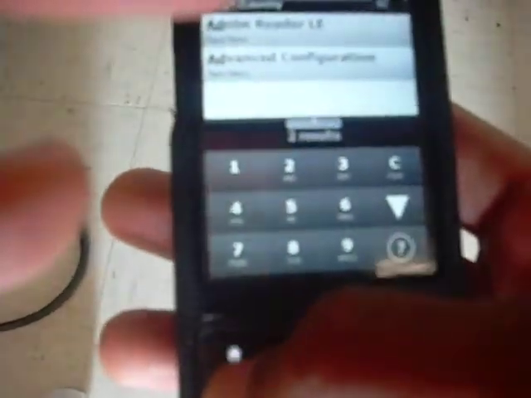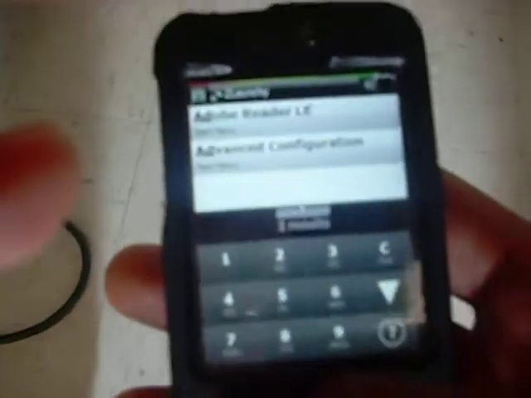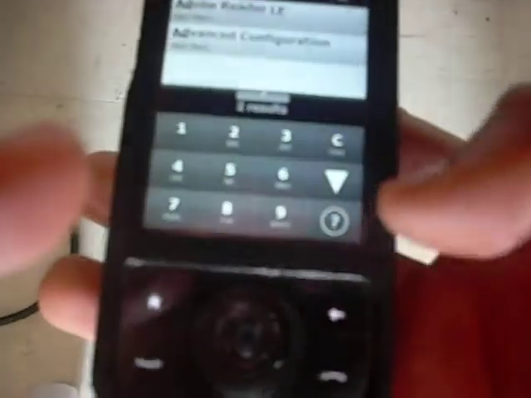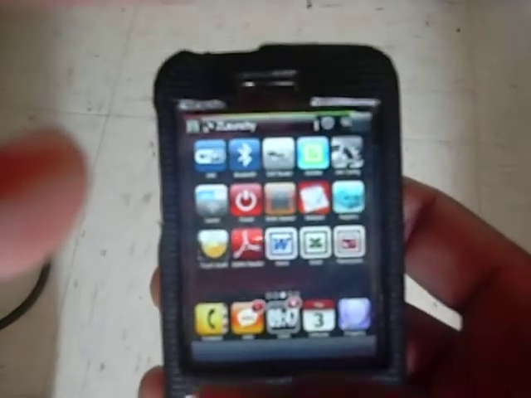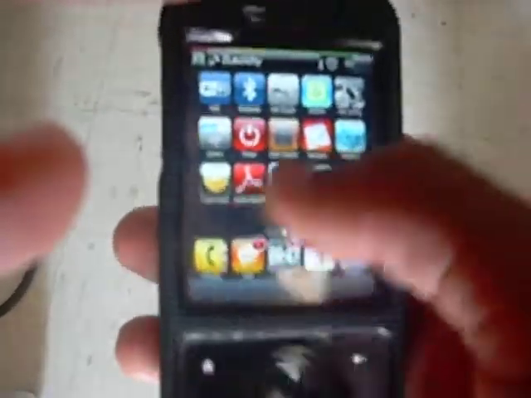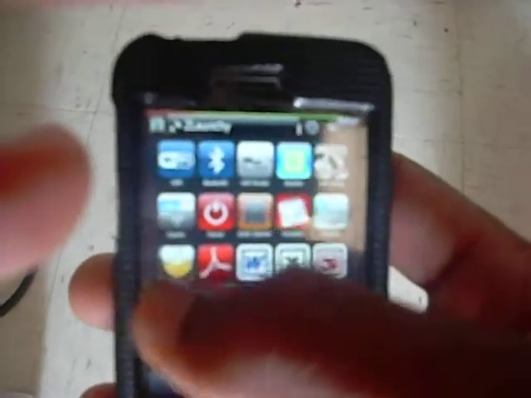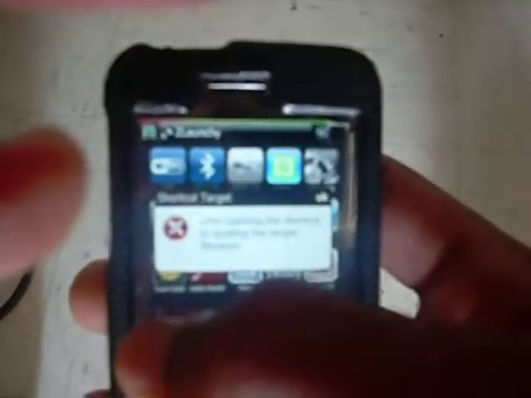And then whenever you want to minimize something, all you have to do is press this button. And if you want to bring up the task manager, I modded it so you can press this button. So if I want to minimize it, there, I minimized it. I'm back to the home screen. But you could also see the program right there. So if I want to load another program,